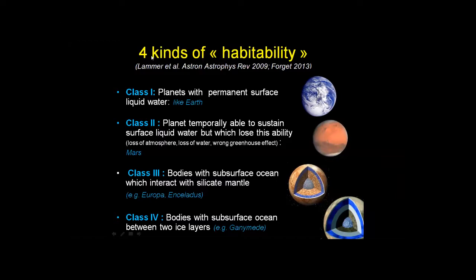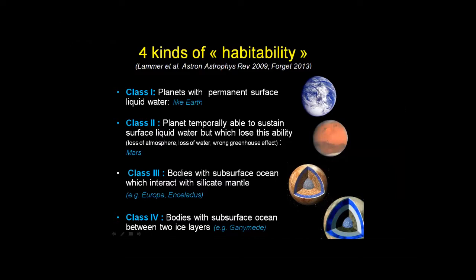In fact, in their paper, Helmut Lammer even concluded that for class 4, even if you are close enough to your star so that you have an ocean at the surface, if you have high pressure ice at the bottom, it's not good. In reality, there is a debate now, because even for this kind of planet, we believe that some nutriments can go through the ice. There must be some solid convection transporting material from the silicate mantle to the liquid water. Anyway,